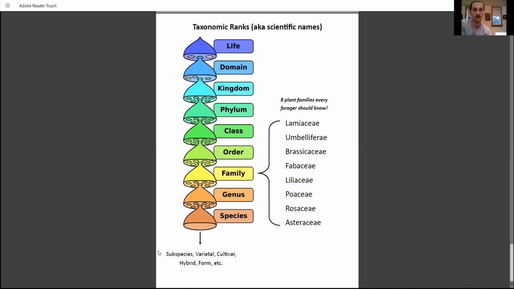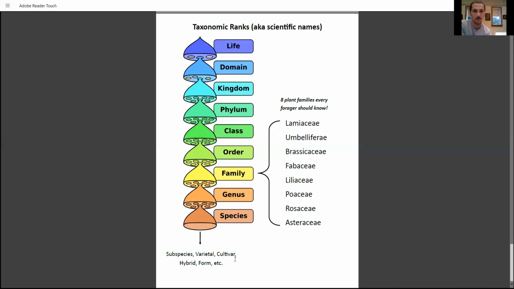Here at the bottom, I added all these other terms. This is basically just, there are all kinds of ways that people will make even smaller subdivisions nested within the idea of species, whether it's a subspecies or a varietal. A cultivar usually refers to something that specifically has been bred to distinguish a certain feature of the organism. Whereas a hybrid, of course, we think of as two separate, unique individuals within a species intentionally being bred together